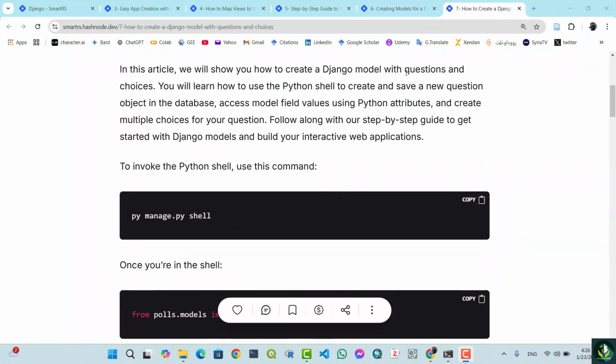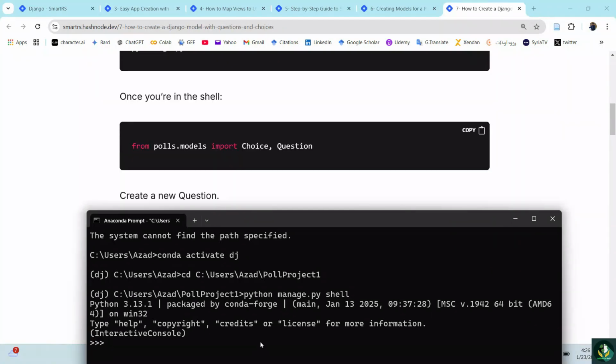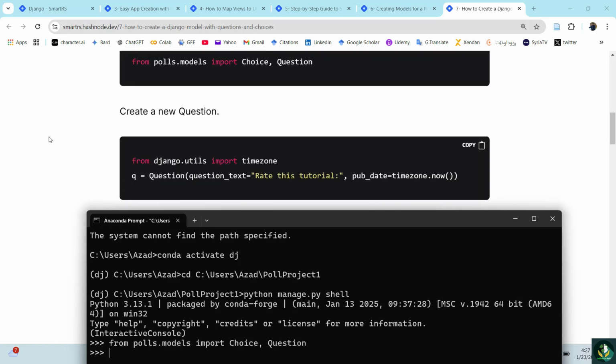Let's add a new question with choices to our project using Python shell. python manage.py shell. From tools.models import Choice and Question. Then to create a question,